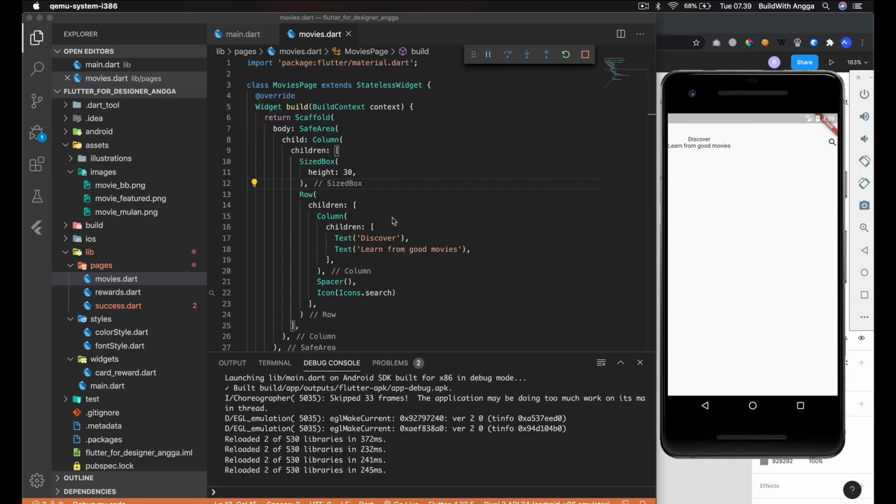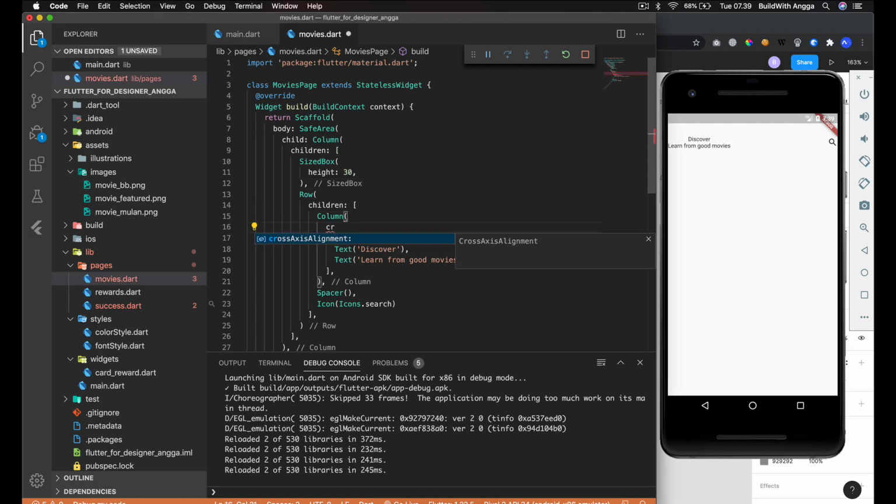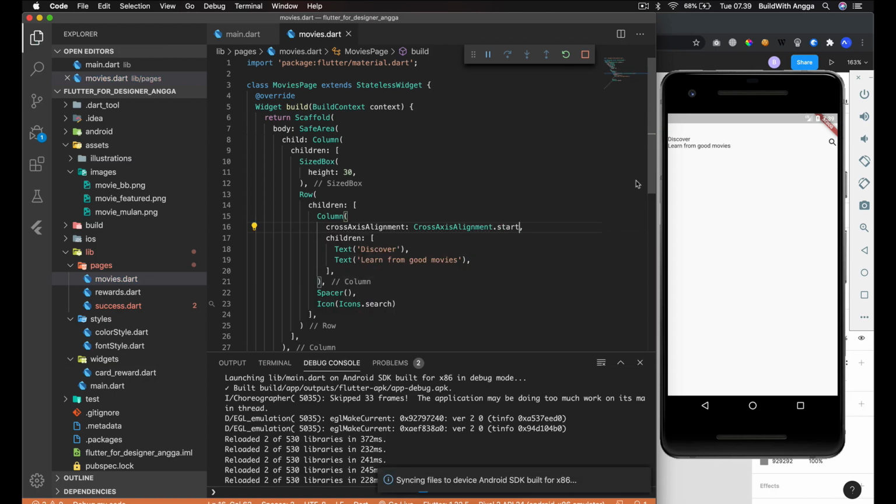And for this text aligned left, I think we can use crossAxisAlignment start. Okay, it's done.